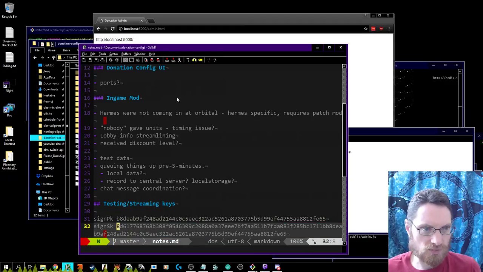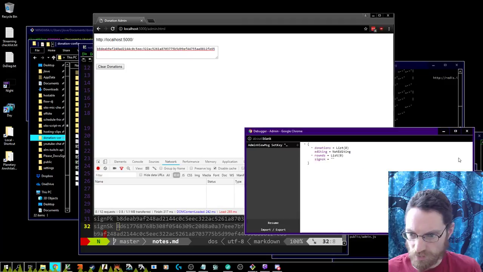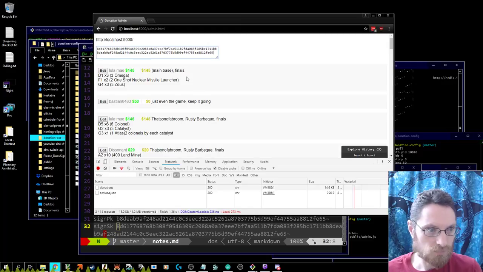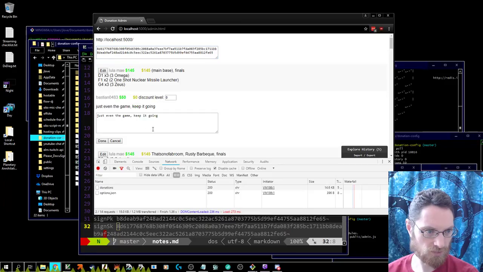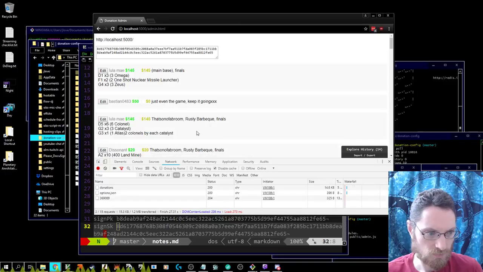So that is not enough characters to actually trigger login attempt. Oh, and we're in debugger. There we go. All right. You know what? Lula did a lot of things. This might be easier to find. So now what I need